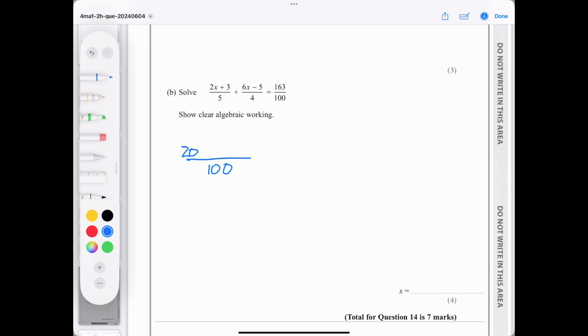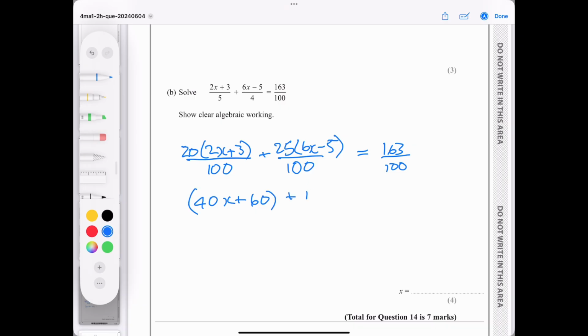So that's 20 times (2x plus 3) plus, and then 4 goes into 100 25 times, so that's 25 times (6x minus 5). I don't know if this is how I would normally do this, but anyway, we can get rid of that in a minute. So that's 40x plus 60